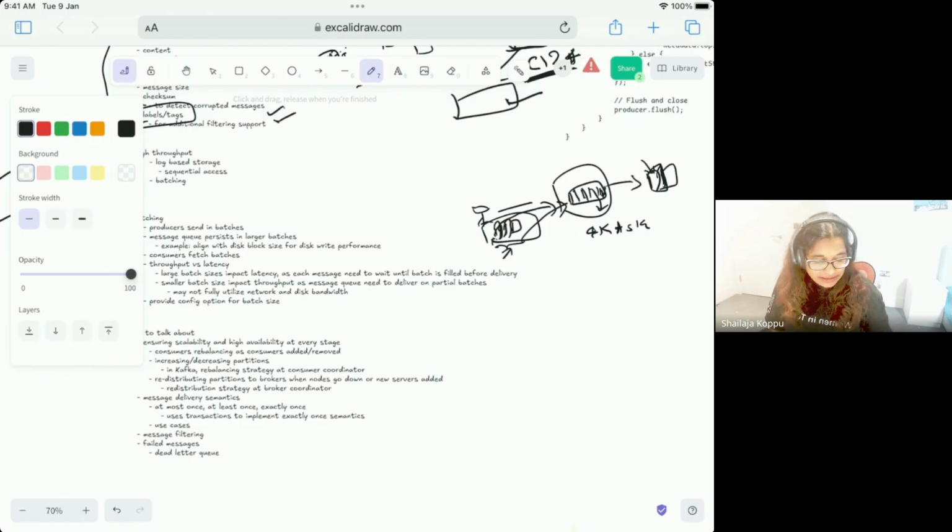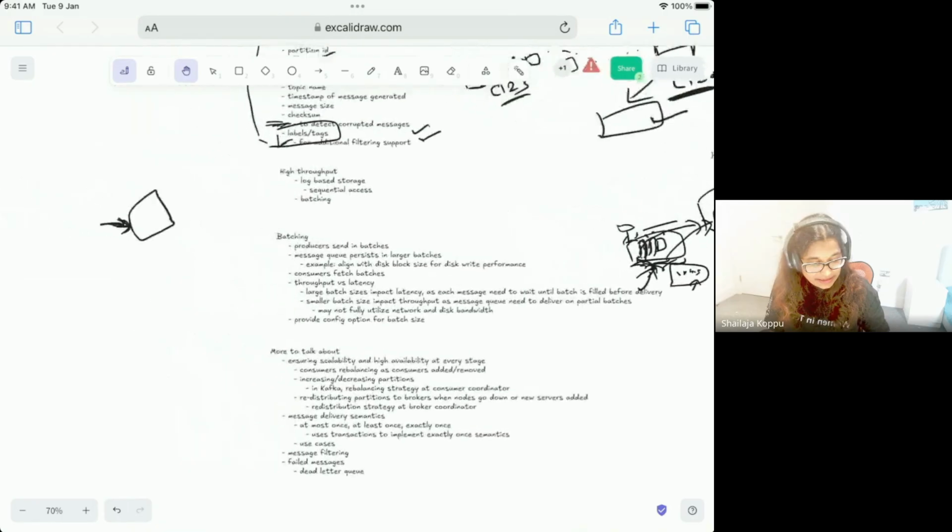While this increases the throughput, the problem is the latency will go up. So you need to wait for this batch to fill up. For example, this message is produced at 1 millisecond, this is at 2 milliseconds, 3 milliseconds. By the time the batch is filled up, it's probably around 10 milliseconds. So the producer is waiting. That means you're increasing the latency. So when you're doing the batching, you're indirectly increasing the latency.